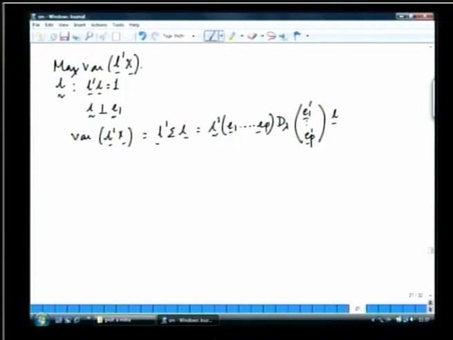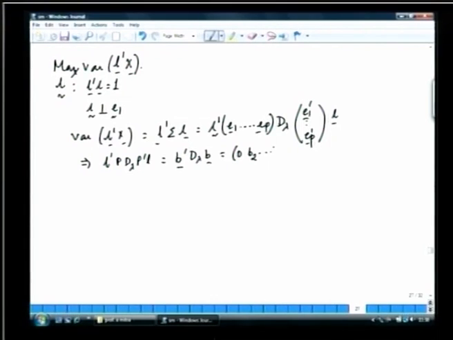This is L transpose. We have earlier seen that L transpose P d lambda P prime L is something like B transpose d lambda B, which is some 0 to B2 to BP we have in place,